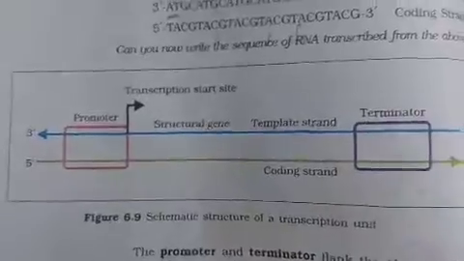So another topic is transcription unit and the gene. How do we define a gene? A gene, you know, is a cistron, the functional unit of DNA. Now cistron may be polycistronic, for example in bacteria, or it may be monocistronic. Monocistronic means consisting of a single cistron. So it is found in eukaryotes.